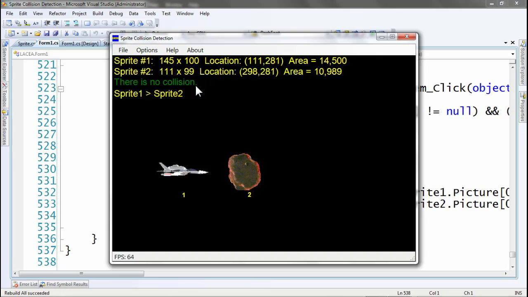I press the letter R to show the bounded rectangle so that we can analyze visually. The area of sprite number 1 is greater than the area of sprite number 2, and it satisfies the condition.